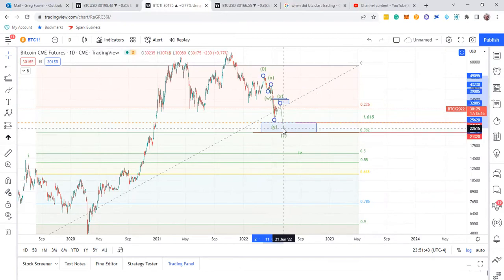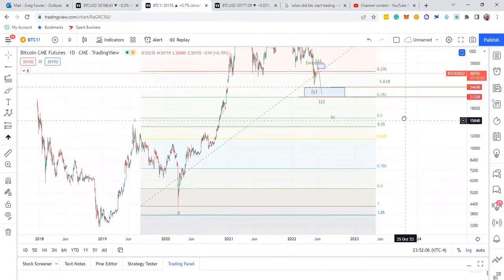WXYXZ. Now, if that's it, I don't know. It's just an option. And this is if the correction gets done faster. I don't think this is my secondary move that it could make. It'll come up to this area, 32,000, maybe 34, hit something like that, and come down into this Z wave. Okay. And it'll hit this 0.382.